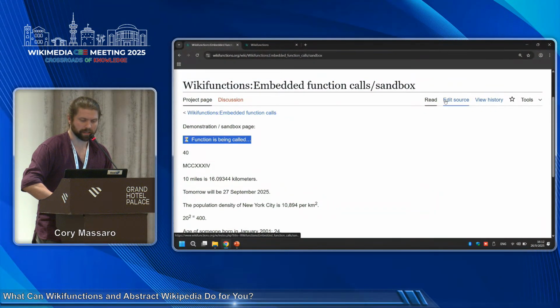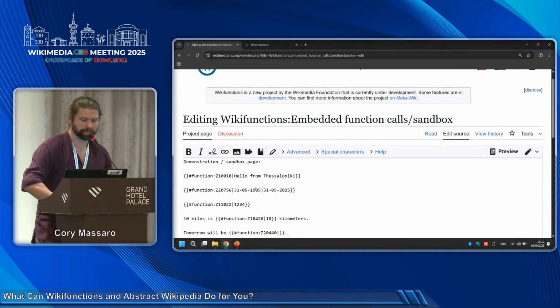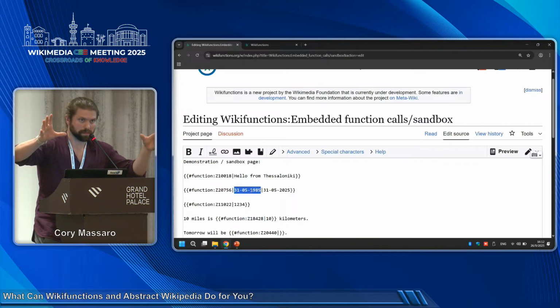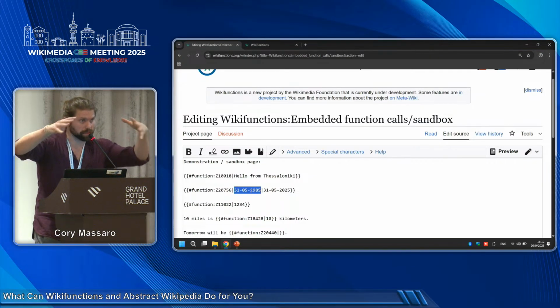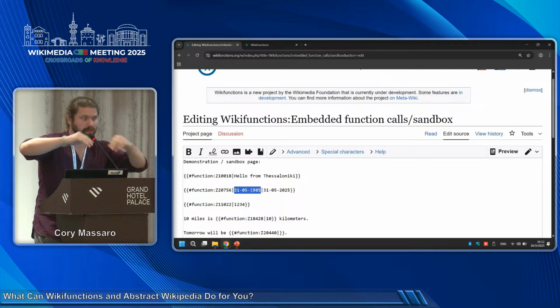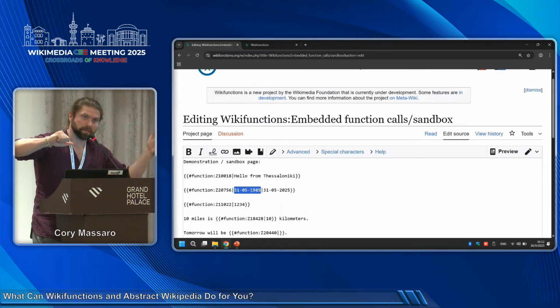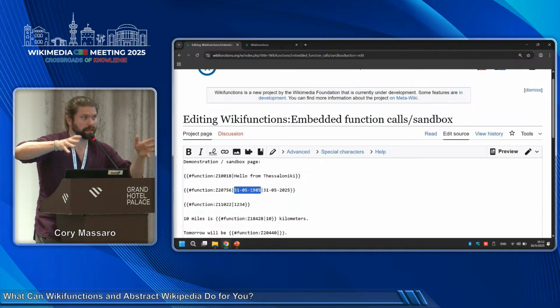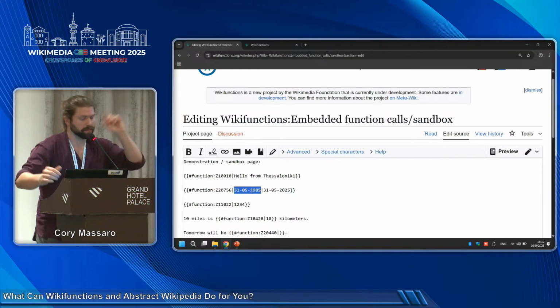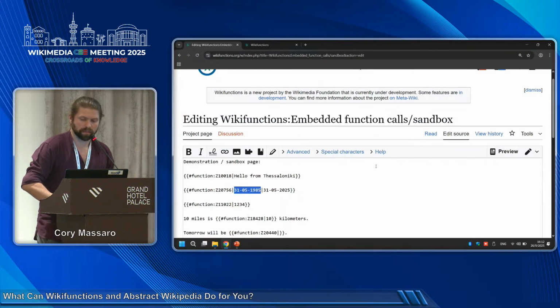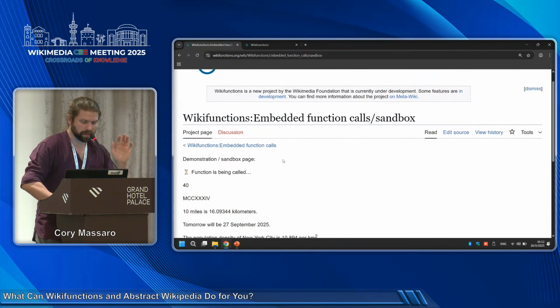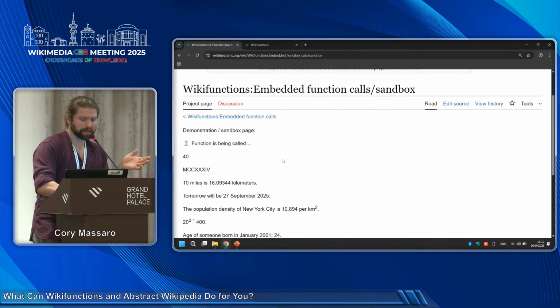But the other interesting things we can see here are, for example, this is a date, and this is just some text, but the community has built the function that says, take this text representation and turn it into a date object. And that date object can then be viewed and manipulated in any language you want. We have labels for date in a bunch of different human languages. So this is the basics of the platform. We'll come back to that later.